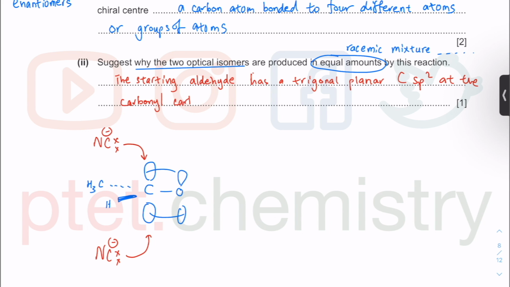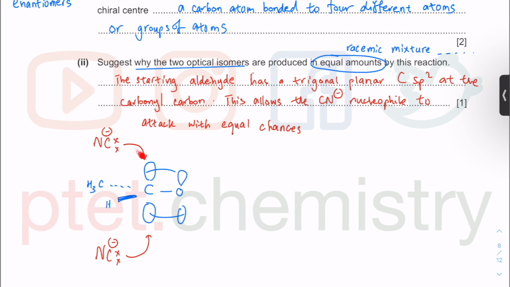So the C double bond O is the carbonyl carbon there. This allows the CN minus nucleophile to attack with equal chances. So it's about the equal chances or equal opportunity that result in equal proportions of the resulting optical isomer,